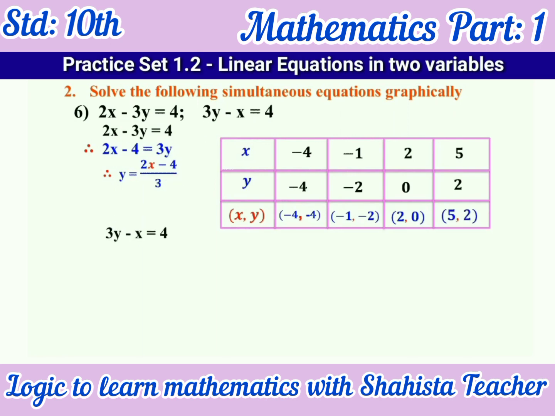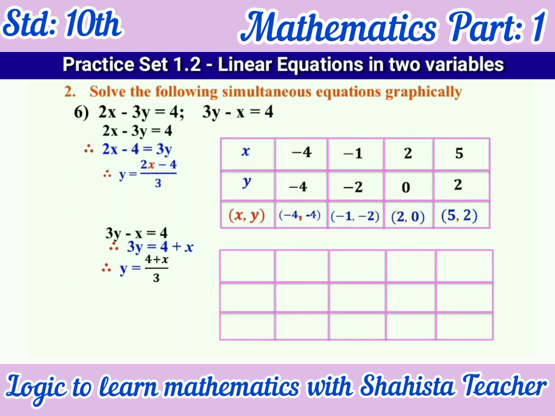Now second table, second equation, 3y minus x is equal to 4. Now here we will keep 3y on left hand side, but minus x becomes positive x on the right hand side. So 4 plus x on numerator and 3 on denominator. Draw here table and we will consider the value of x and we will find the value of y. Okay, so consider x and calculate y. So x comma y. So y is equal to 4 plus x upon 3. Okay, this equation we have to use here.